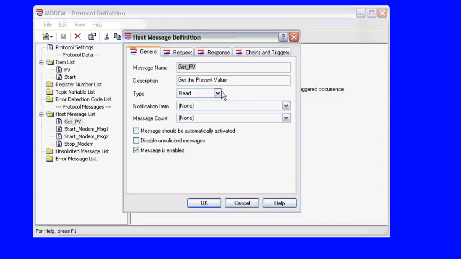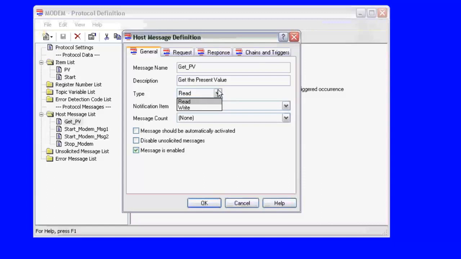I'm going to go ahead and explain the difference between the two different types of host message. A read type host message is what you're going to use when a response is expected from a device when a command is sent. The request or command for this host message is going to be transmitted to OmniServer whenever a client is requesting at least one data item that's specified in this response section of the message. So if you've got an item defined here that you're requesting, you're asking for a read for that item from your client, it's going to cause this request section to get sent out if you define this as a read